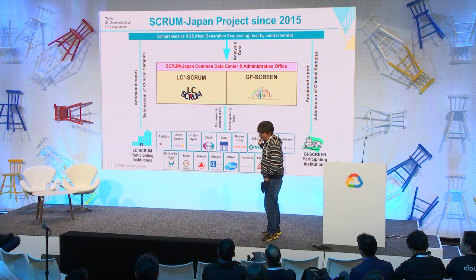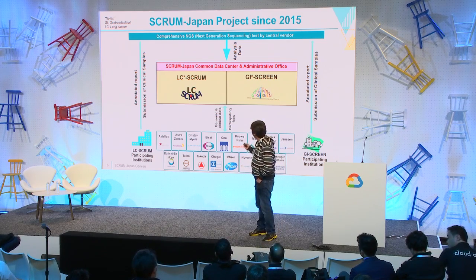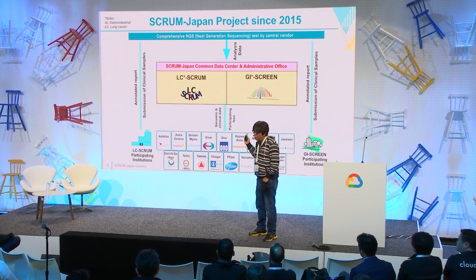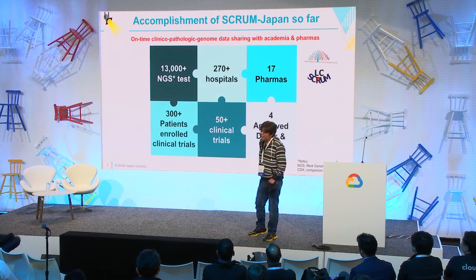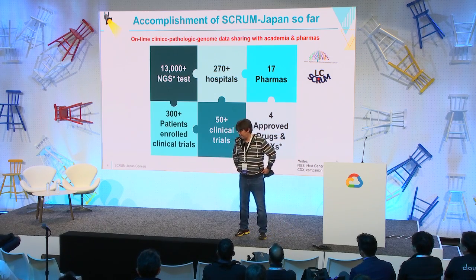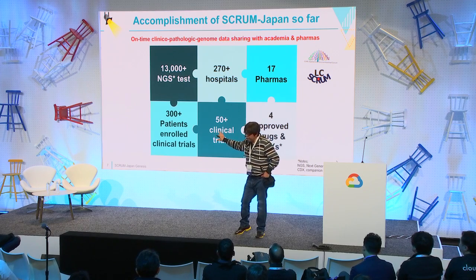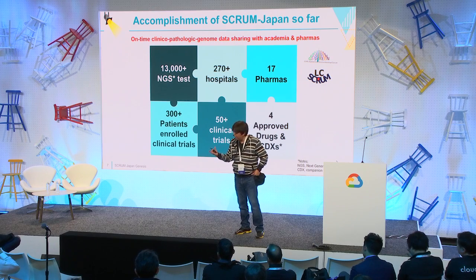The participation fee from pharmaceutical companies was spent on the measurement of the comprehensive next generation sequencing test by a central vendor. This is the overall picture of our SCRUM-Japan project. So to date, this is our achievement. You can see here that 30,000 patients received next generation sequencing testing, and 300 patients were enrolled in clinical trials,